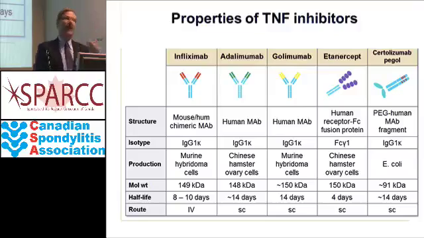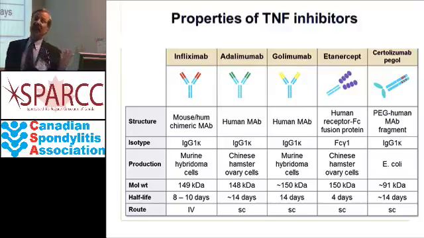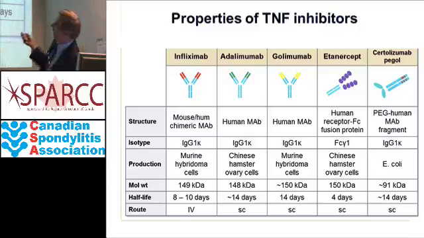The reason, by the way, they're called biologics is that they're developed through a biological process. A molecule like aspirin or methotrexate you could think of as a biochemical agent, because it's created by an organic chemist in a test tube. These are called biologic agents because they're not created in a test tube, they're created in a cell. Using the techniques of molecular biology, they convince a cell to produce a particular protein in exact replicate copies in unlimited amounts. And so you get these little antibodies, these IgG molecules, that can be injected.